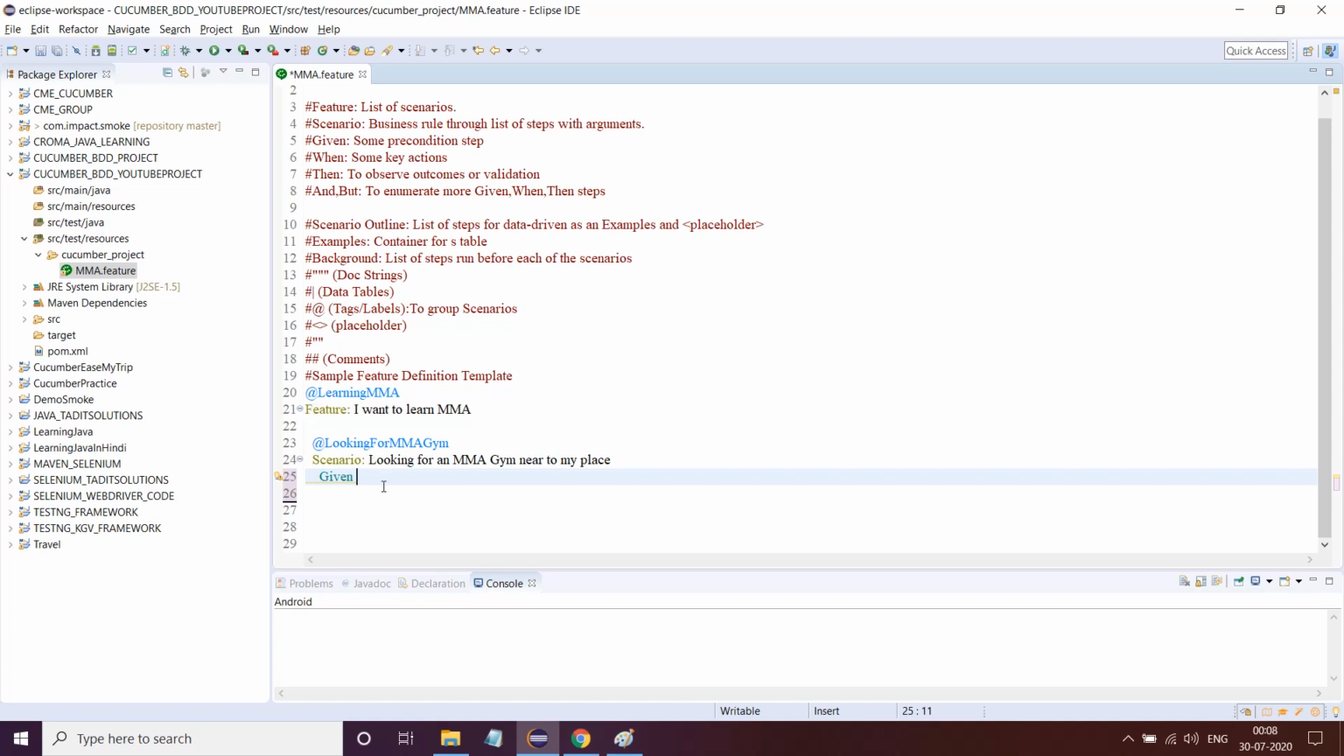Now I will write something. Given I am interested in learning MMA. So this is a precondition. See, it says here, given some precondition step. This is a precondition step. What is the precondition? The precondition is my interest in learning MMA, my interest in learning mixed martial arts. Given I'm interested in learning MMA,